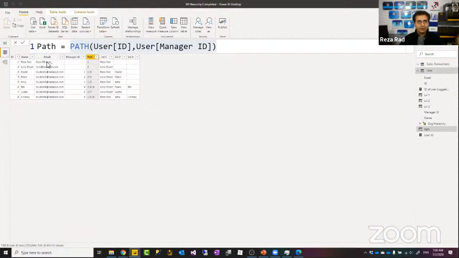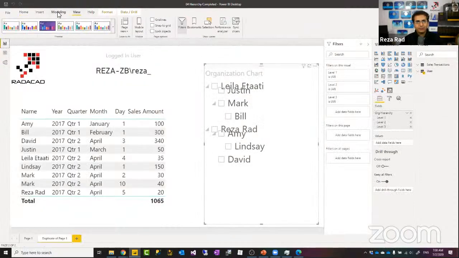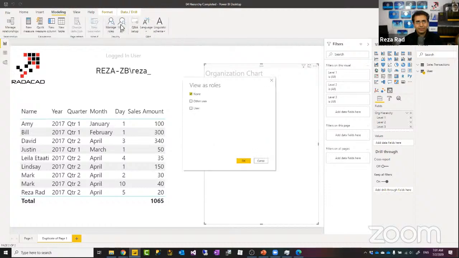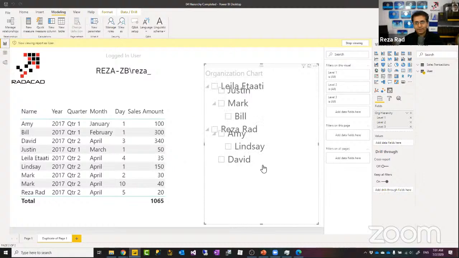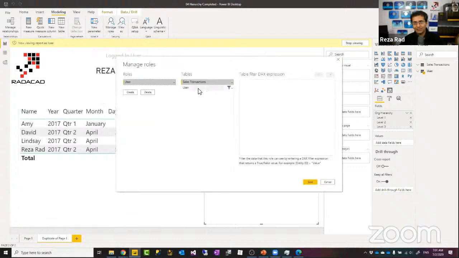This should get updated with my new account. Okay, yep, it is fine. Now I see everything because I'm not looking at the row level security view. When I go to view as, and when I choose that role, I would be able to see only my own hierarchy. I don't see others' information, and all of that happens with that row level security criteria.